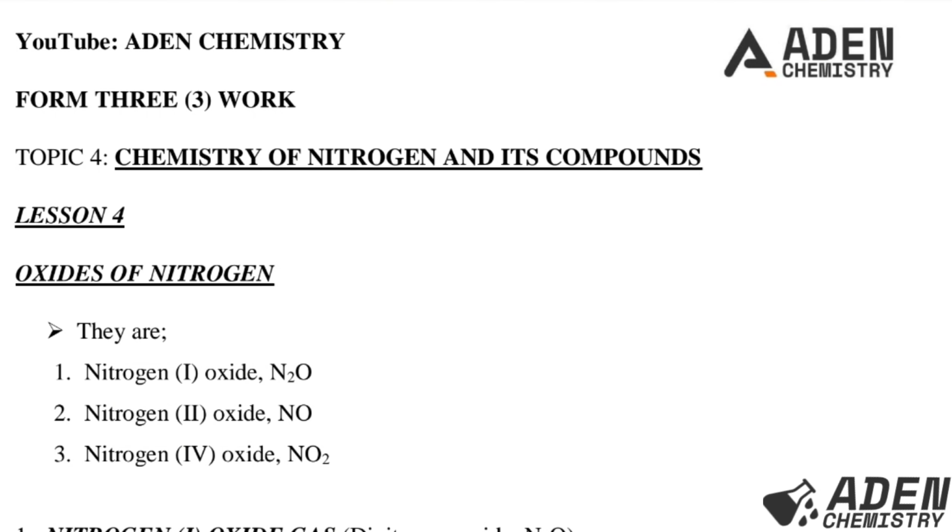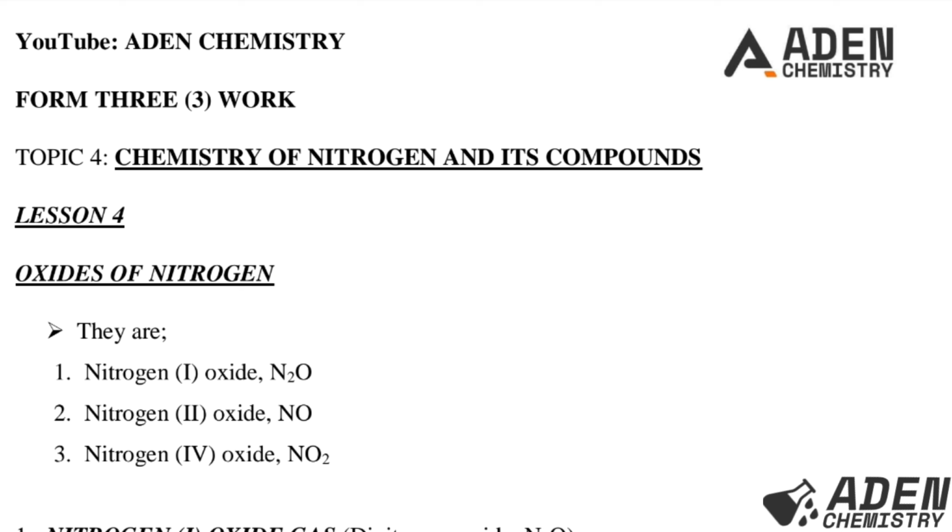Hello students, welcome. Previously, lesson 3, form 3, topic 4, we were dealing with chemical properties of nitrogen gas and the uses of nitrogen gas. So today, lesson 4, we want to proceed to the compounds of nitrogen, where we are going to start with the oxides of nitrogen. Specifically, our lesson today will be dealing with nitrogen 1 oxide gas, which is also known as